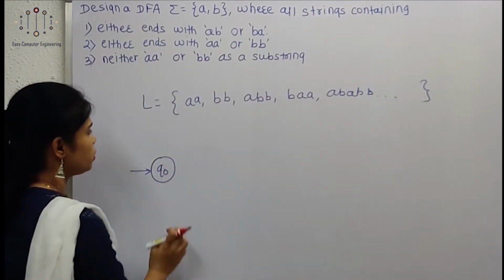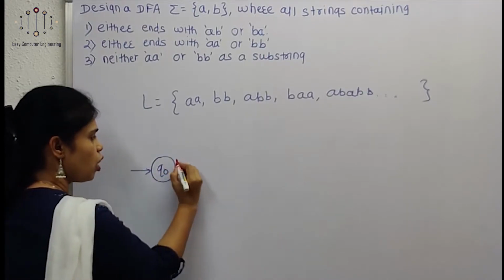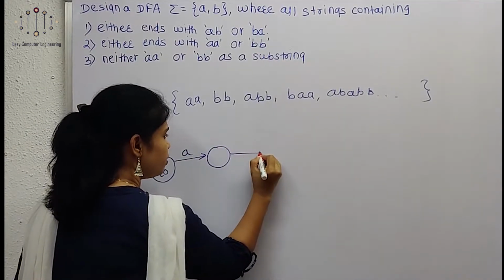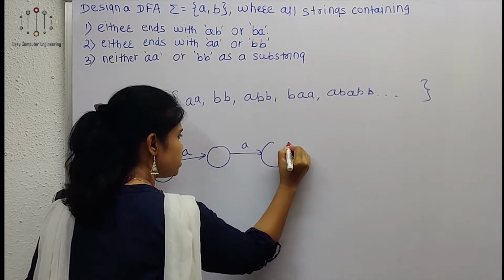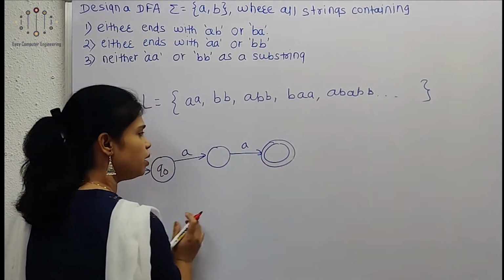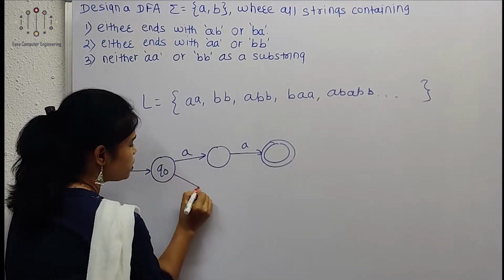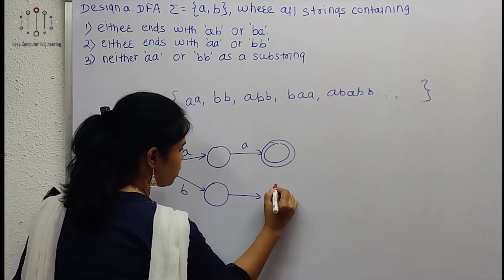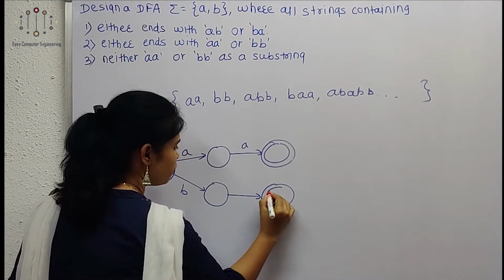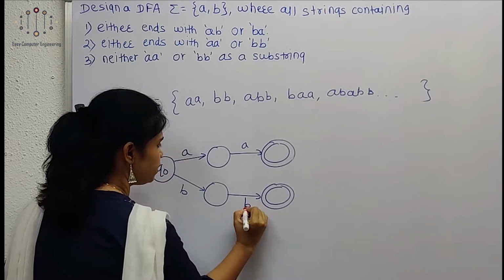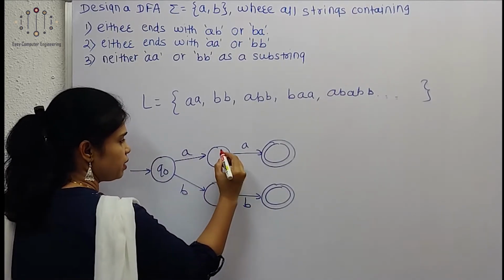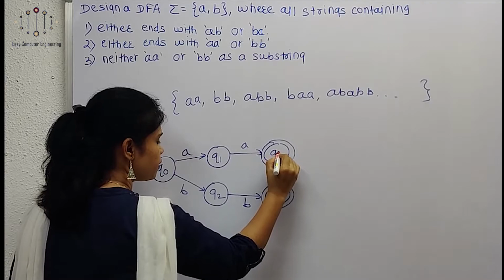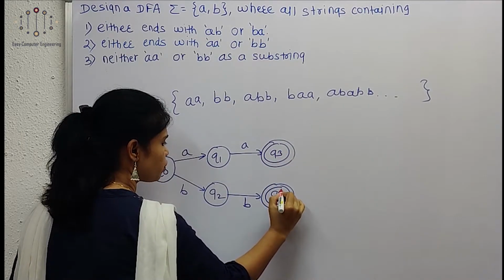So these are the possible strings which come under this DFA. Now Q0. All strings end with AA. For the string AA, how many states are required? 3 states. So this will be a final state. All strings ending with BB are also possible. So here we are going to take one more path, over there we are going to show the BB transition. Okay, the BB path. So here we will give the names for every state, Q3 and Q4.